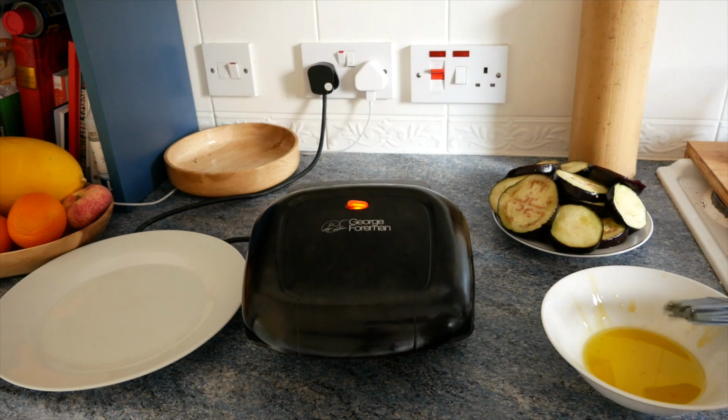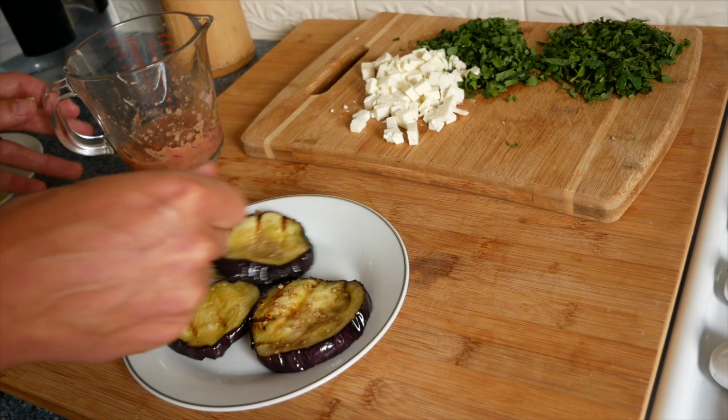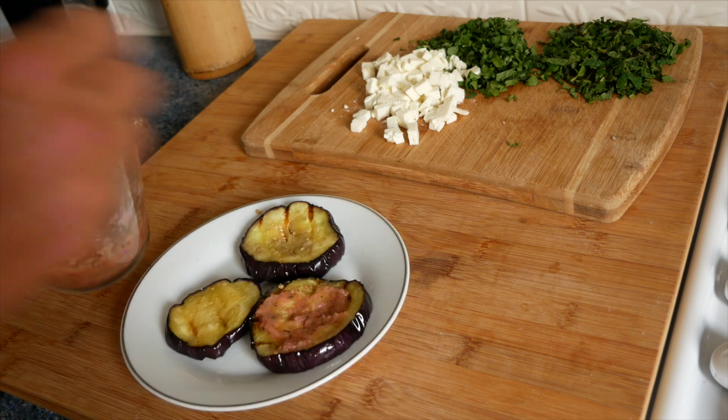give them about probably like 2 to 3 minutes, turn them around, and just put the aubergines on a plate, put a wee bit of the lemon spice dressing,